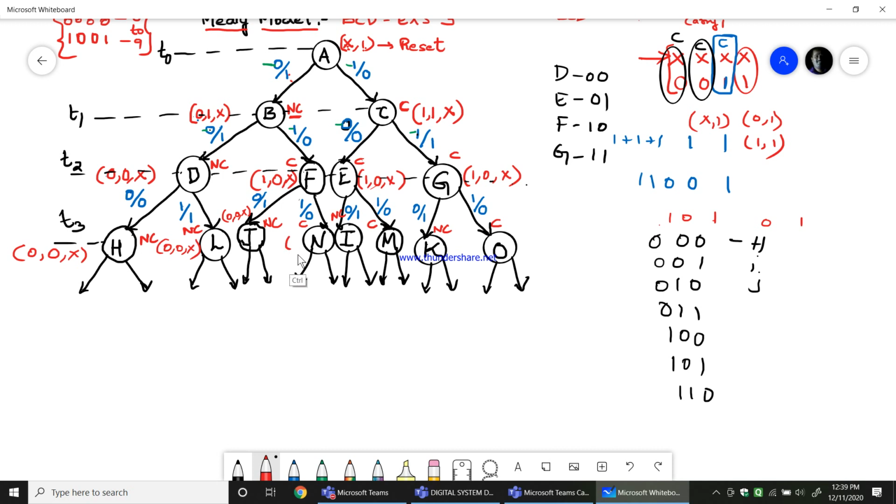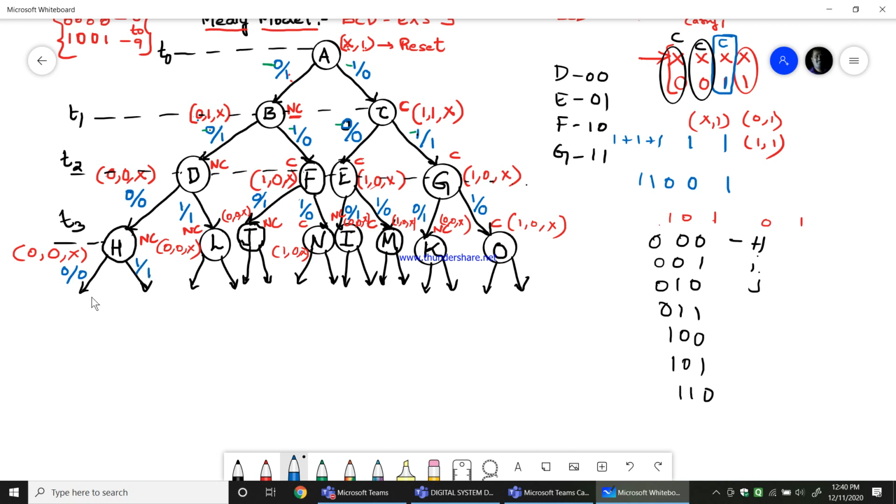So this is 1, 0, x, because carry is there. This is again 0, 0, x. This is 1, 0, x, 0, 0, x. This is again 1, 0, x, because wherever carry is there, you take that as 1. Wherever without carry it is there, it is 0. Therefore, x will take 0 or 1 now. So if the input is 0, the output is 0, because 0 plus 0 plus 0 is 0. If the input is 1, output is 1.